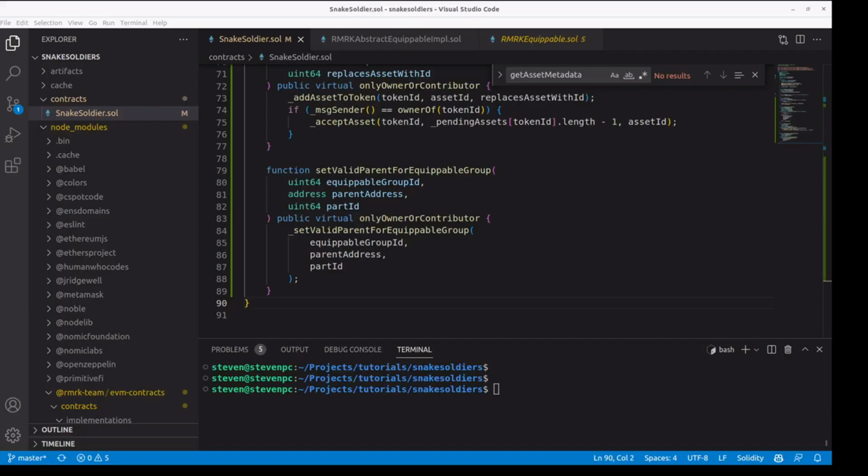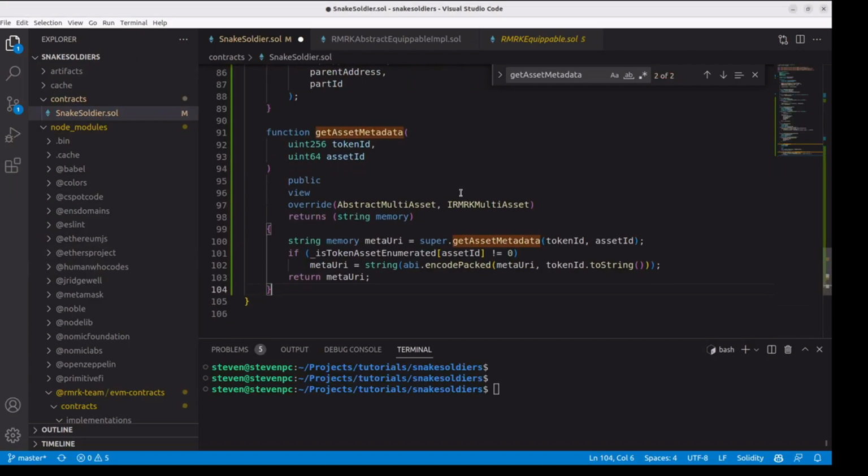Next, I will override the function to get asset metadata. I want to enable enumerable assets. This is a common pattern on regular ERC721s where you just add the base URI and append the token ID at the end. This way, if I need to add a different asset to every token, I can do it by creating a single enumerated asset and adding it to every token. Compare that to adding one asset per every token. It's almost twice the operations.